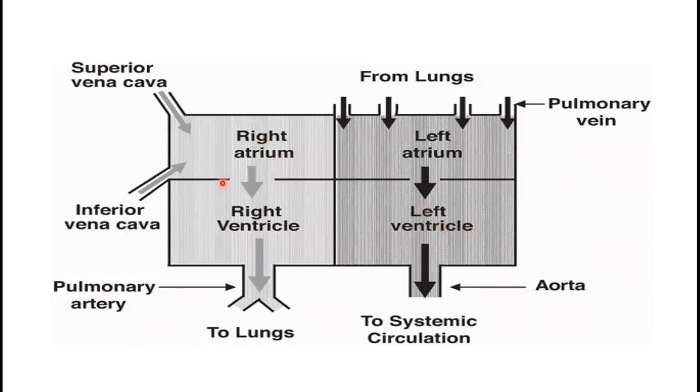Atrium and ventricles are also separated by a septum, but certain entry points are there. These entry points are guarded by valves. Valves are present everywhere in the heart and in the wall of veins, just to make sure that there should not be any backflow of blood. Blood flows only in one direction always. The direction of blood flow is shown by these arrows.